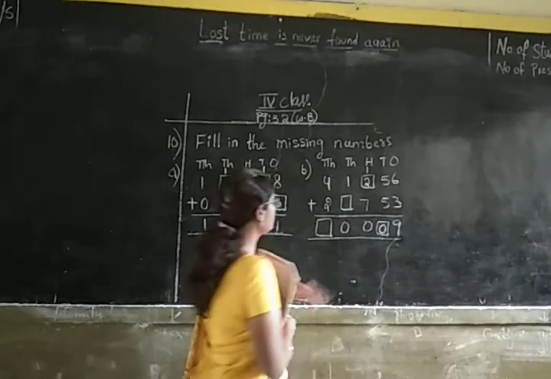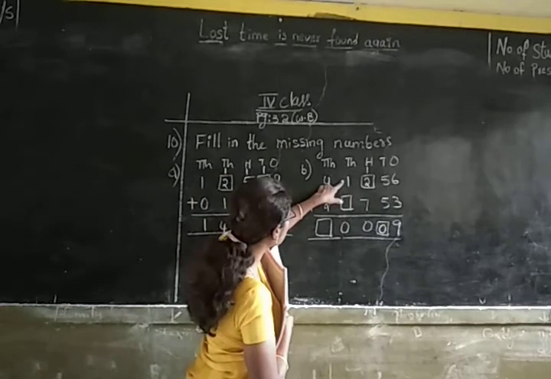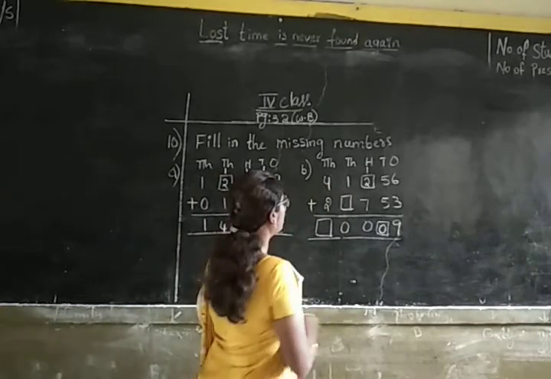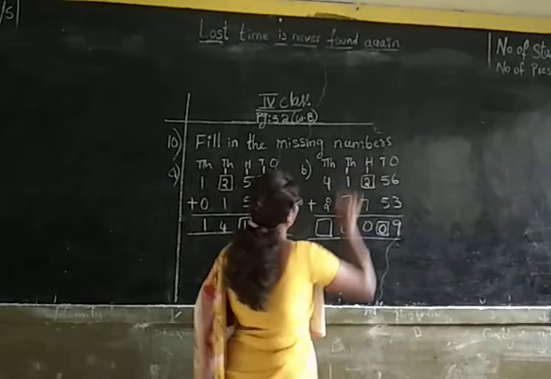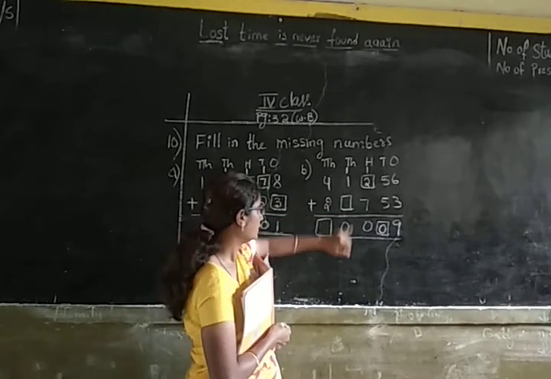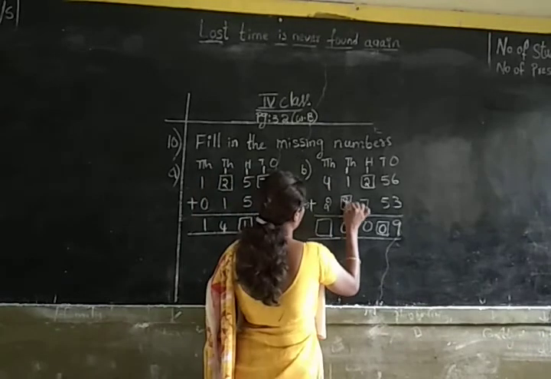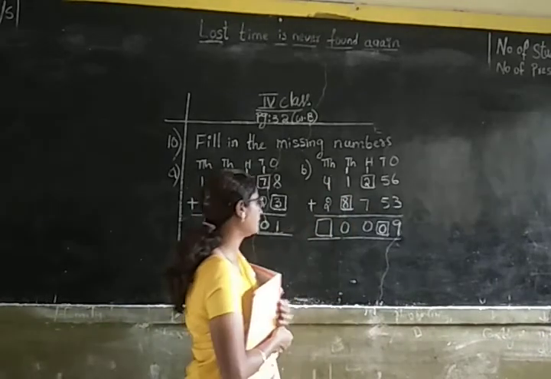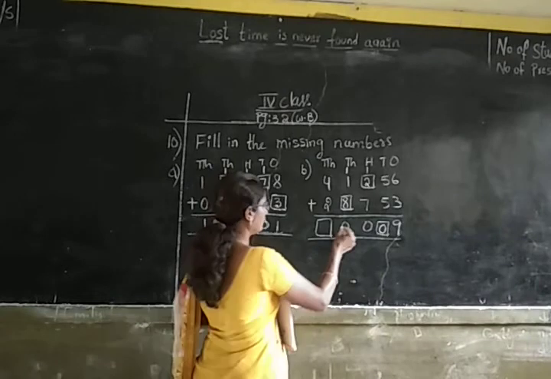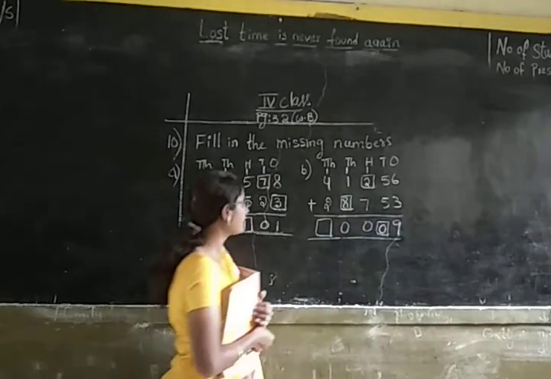Here it is given 0. 0 means how much? 10. So here it is given only 1, and also we are having carry away 1, which is 2. Here we are having only 2, but the answer is 10. If you add 8 to this 2, this will become 10. Okay children? So you have to put 1 here, 0 here and carry away 1 to the next place.